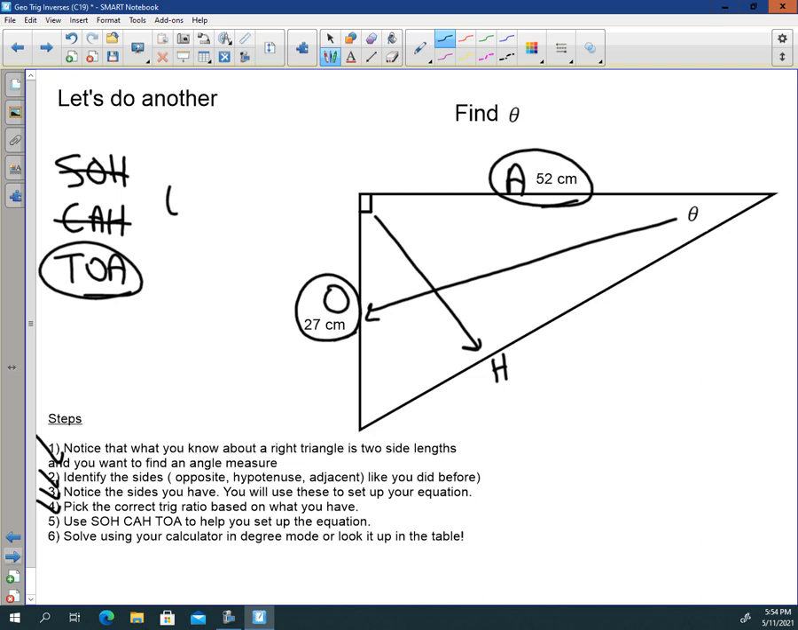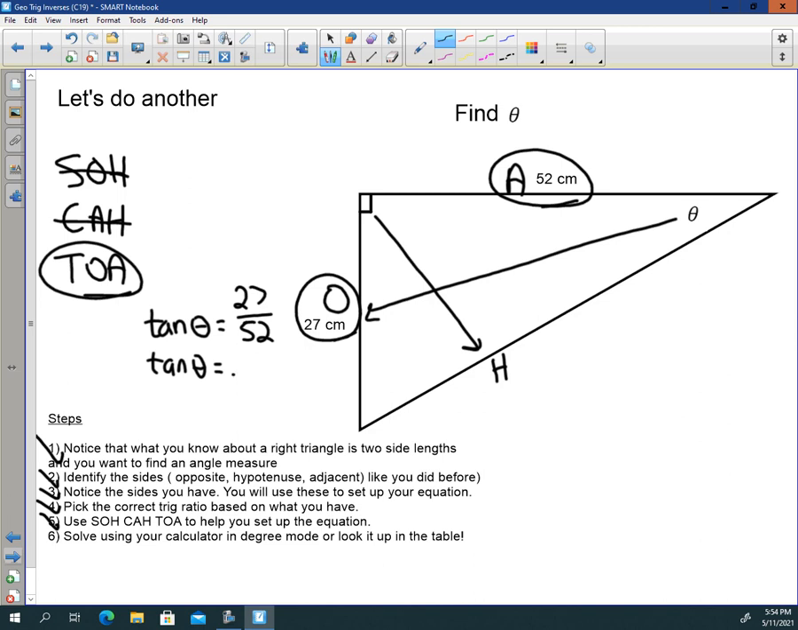The tangent, actually, I'm going to move that down a little bit to give myself a little more room. The tangent of the angle is the opposite, which is 27, over the adjacent, which is 52. And now we just need to solve, because we set up our equation. Now, let's start with that fraction and say that the tan of the angle is 27 divided by 52, boom,